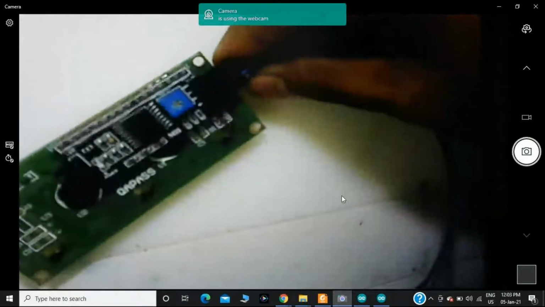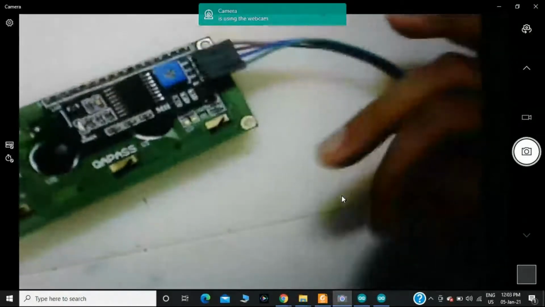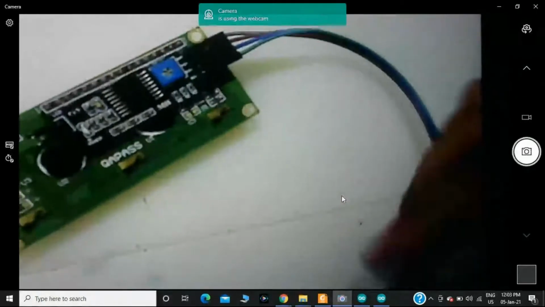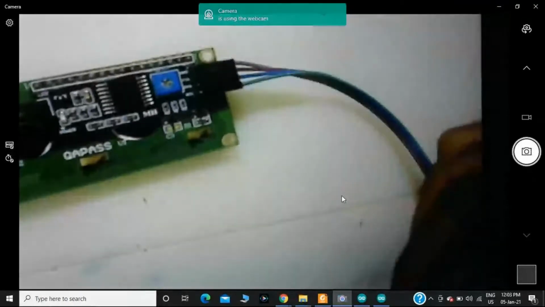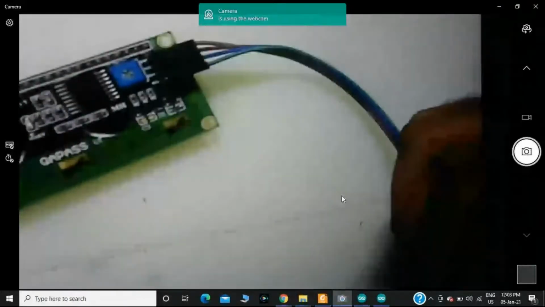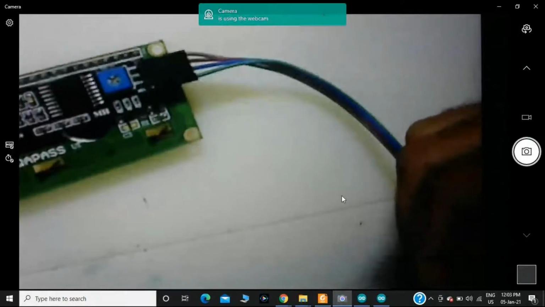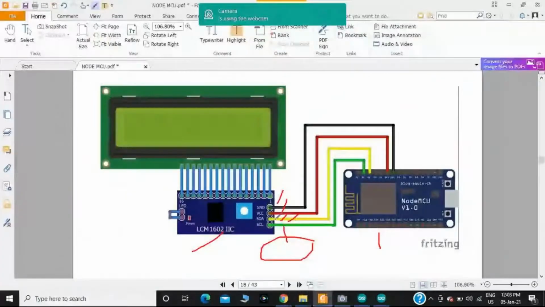Then afterwards, VCC should be connected to the 3.3 volt pin of the NodeMCU. Then the SDA pin should be connected to the D2 pin, that is the digital pin of the NodeMCU. Then the SCL pin should be connected to the D1 pin of the NodeMCU.